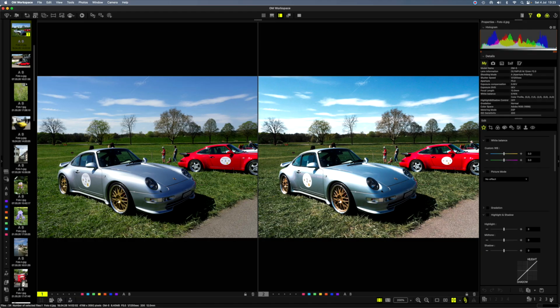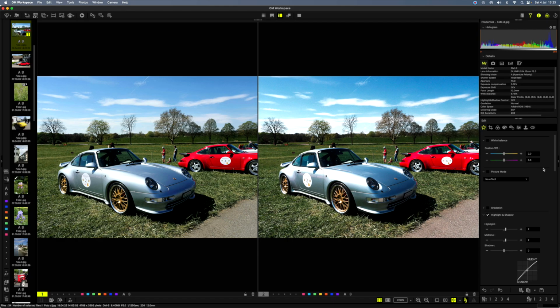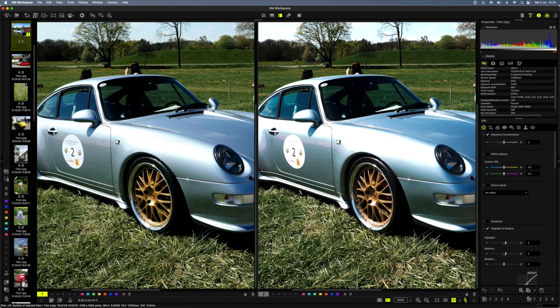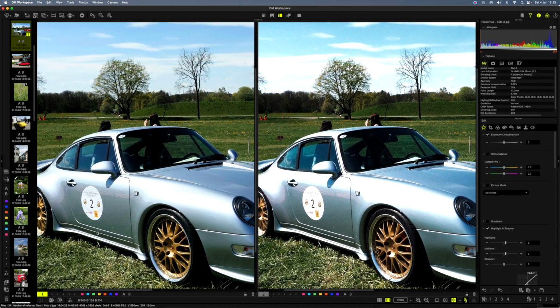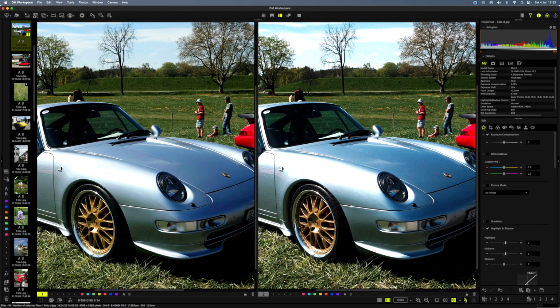Now we can do it here, for example, because we saved our settings, and we're going to say, okay, yeah, do it like that. We might have to do one change, and that's the exposure compensation. Let's just do that. Remember, we apply the exposure compensation. And if you look at the grass, very much the same. I think it's quite nice. The yellows, yeah. The trees at the back, great job. I think really nice. Even the wheel here, very similar to this.